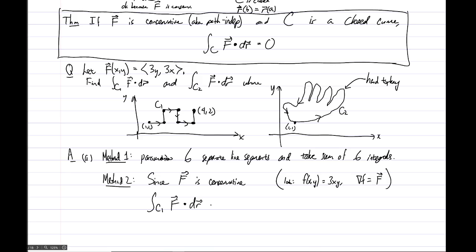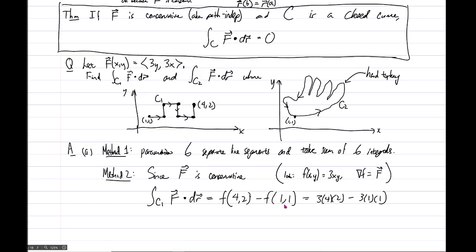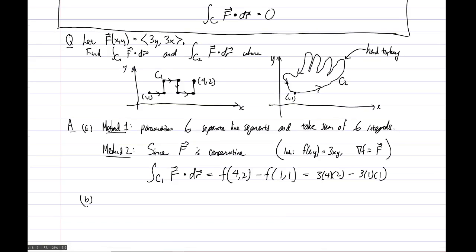dr is equal to, take the potential function that we have here, 3xy, and evaluate at the final point 4, 2, minus the potential function at the initial point 1, comma 1. So f of 4, comma 2, well, lowercase f is right here, 3 times x times y. So 3 times 4 times 2 minus 3 times 1 times 1. I won't bother simplifying that any further. But that was much faster than method 1. Part B, we have